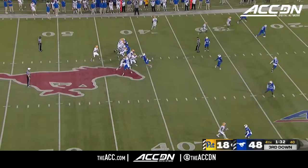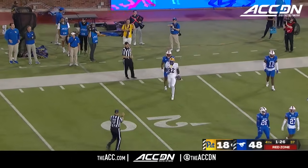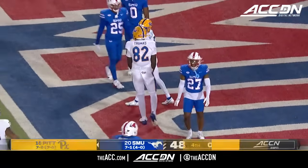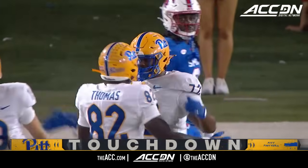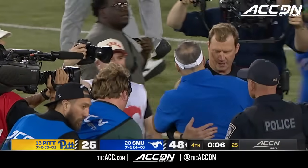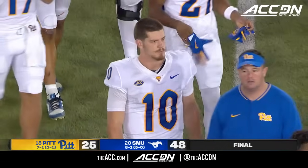And there's a good look at Brashard and his night. Yarnell trying to dial down the far sideline. I think that's Thomas, the tight end, Malachi Thomas. On the field call, they're going to play fake. Yarnell will throw, and that's Thomas, the touchdown catch. Malachi Thomas, a big freshman tight end, 225 pounds on a 6'5" frame, has his first touchdown. Boy. Rhett Lashley and the Mustangs go to 8-1 and 5-0 in the ACC, Tom. And they were on this one from the start tonight. There were a lot of respect for these two